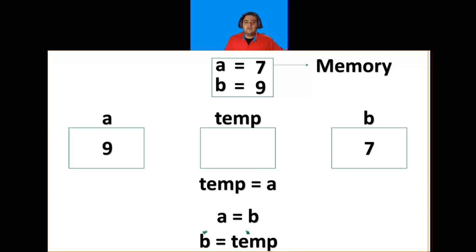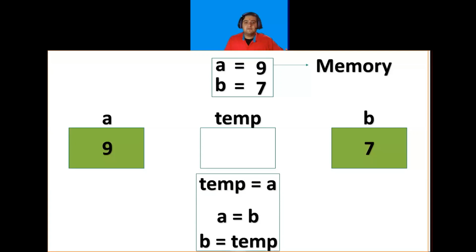So now we can see that the values have been interchanged. Previously the values were A is equal to 7 and B is equal to 9. Now the values become A is equal to 9 and B is equal to 7. So the swapping has been done. The concept of swapping all depends on this formula. Now let's go to the original program, which is our programming.